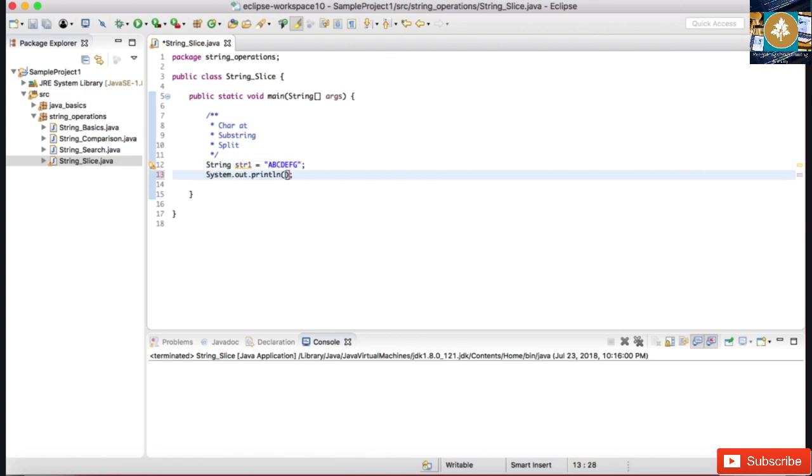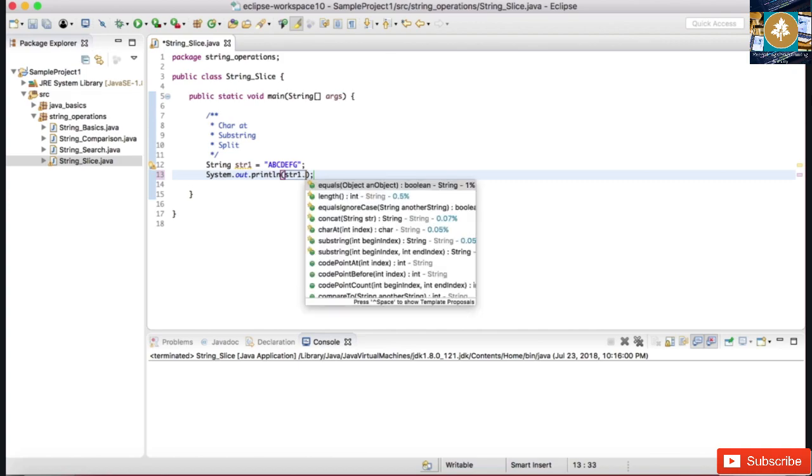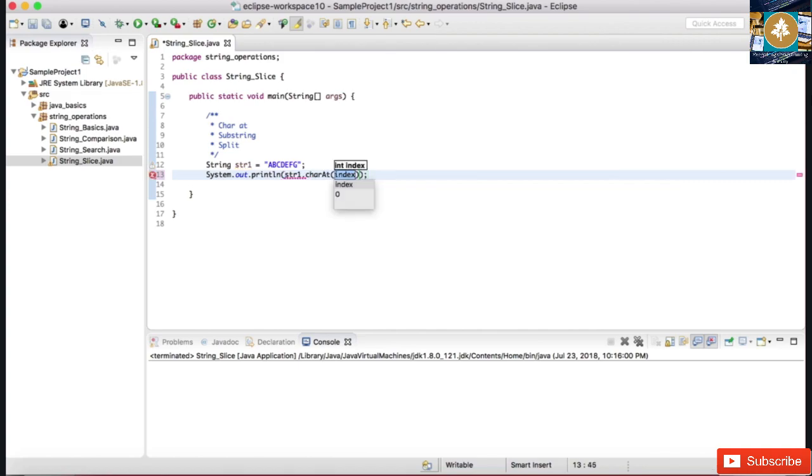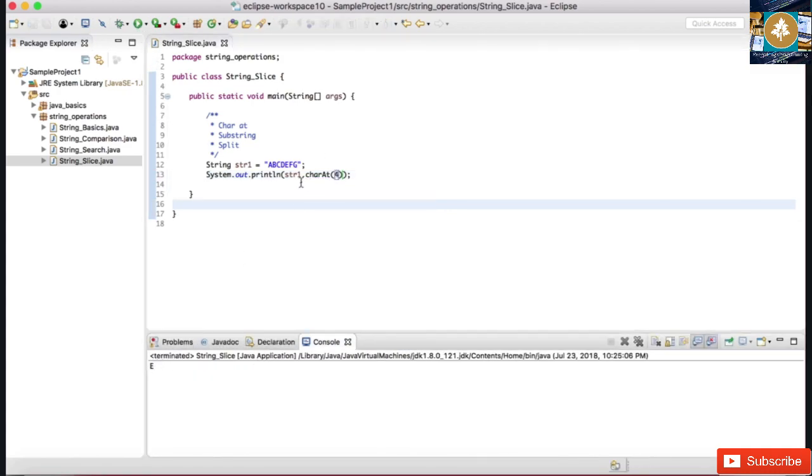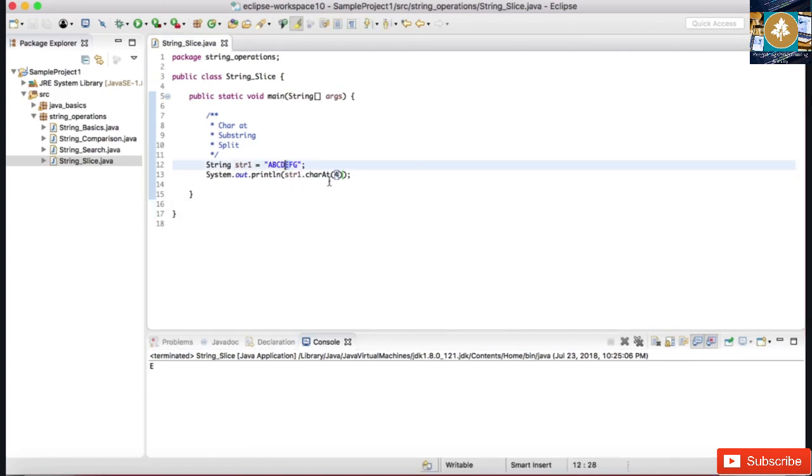So simply if I do something like str1 dot character at index 0, obviously we are going to get the output as a over here. If I say give me a character at index 4, then we are going to get the output as e over here. Now what if we use the index which is out of the boundaries of this particular